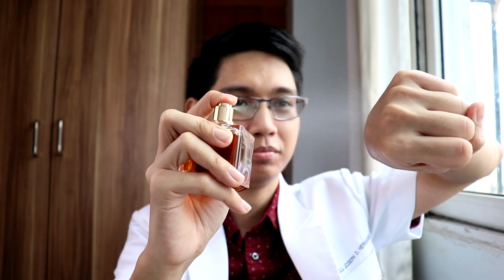Let's try now the sprayer of this Grand Soir. I'll spray it here on my left hand. It sprays a big amount of mist, and that's for the presentation of Grand Soir. For the opening of Grand Soir,